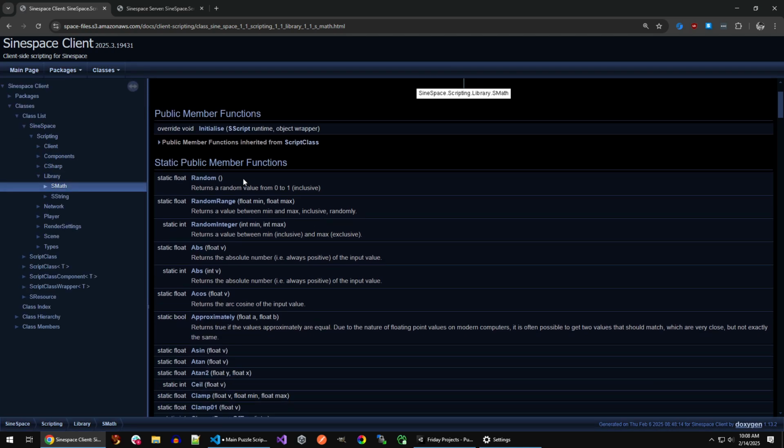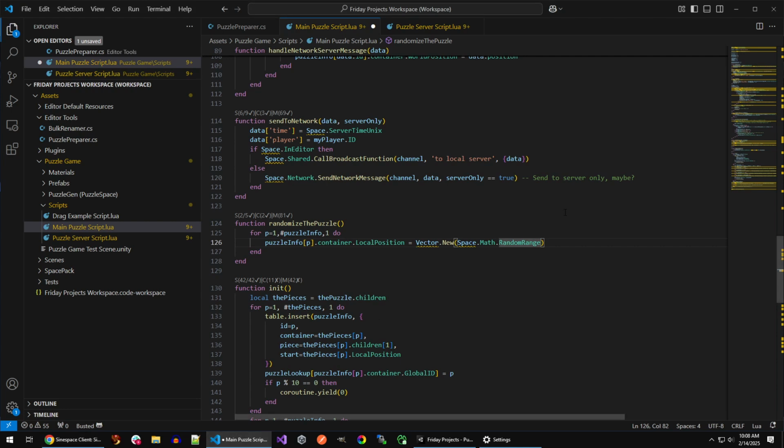right? So we can do random numbers, we can do ranges of random numbers, random integers. We want random range because we want floats, not integers, because positions have more precision than just an integer. And so we're going to do random range there, something between